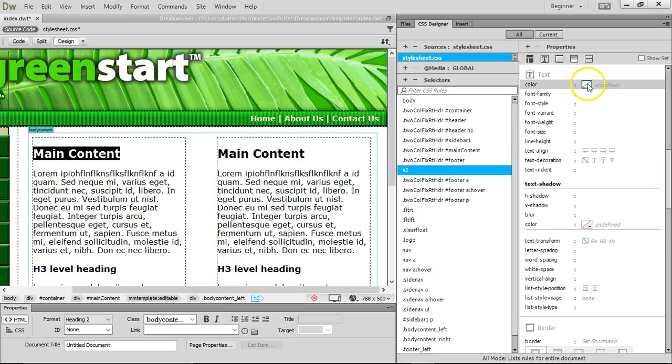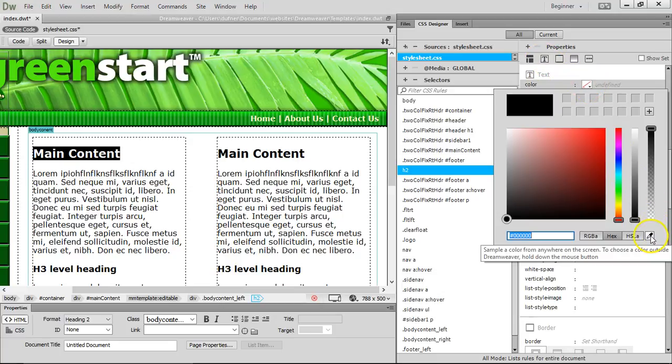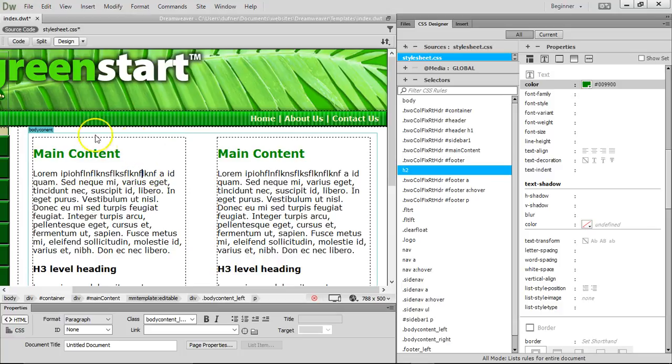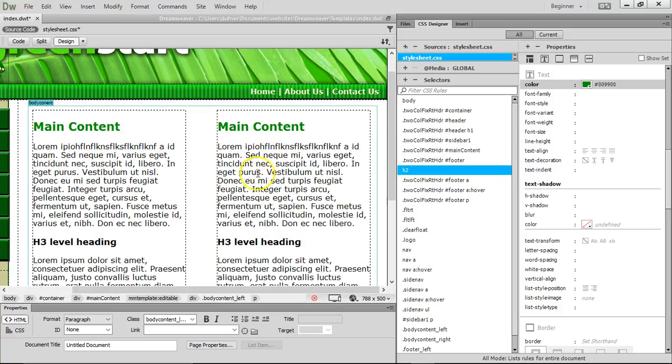And we're going to do color. We're going to click on the little eyedropper, and we're going to click on a dark green right here, and press enter. All my H2s turn dark green. Look at that. Now, do I want that same dark green for my